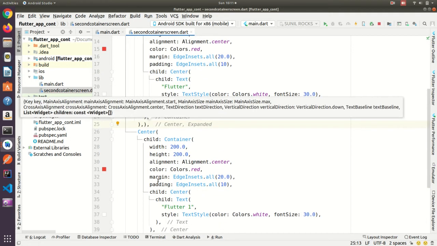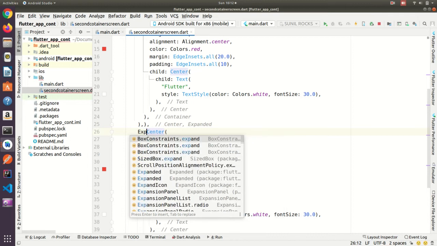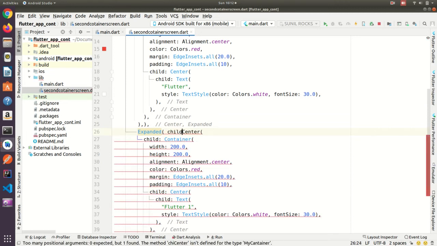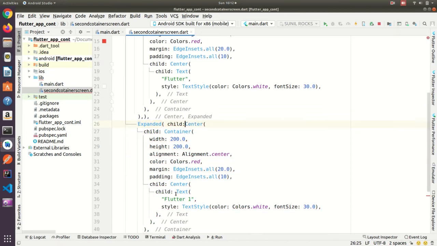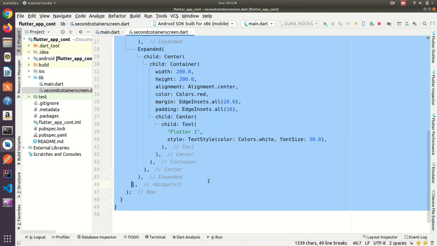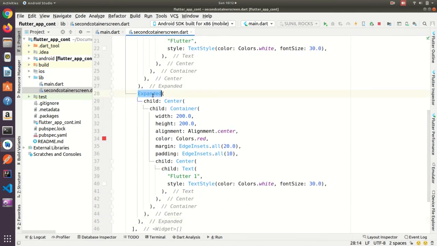Same thing I have to do for the second view. Expanded, open bracket, then child, under child I am putting that view. Here I need to close it. Okay, so I have used this expanded.